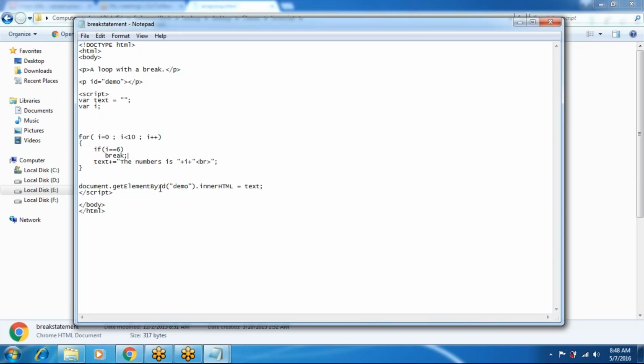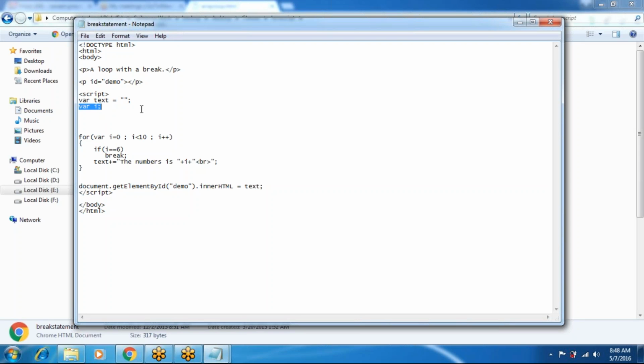Here, the break statement. In this example, one paragraph is there with id demo, and in the script, text equals an empty variable, and we declare var i here also.